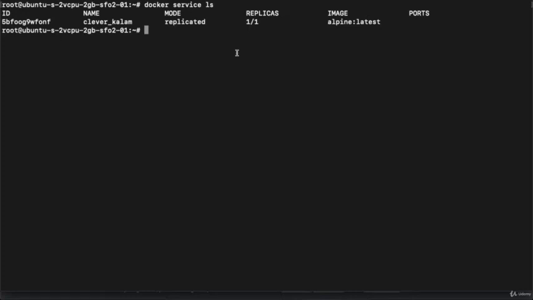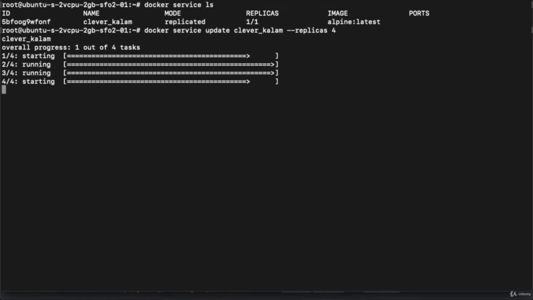So for this we need to execute a command docker service update. Then I need to define the service name, which is clever kalam. Then I need to define hyphen hyphen replicas. Then I need to define the number of replicas. Suppose I want to execute 4 replicas of this particular service.